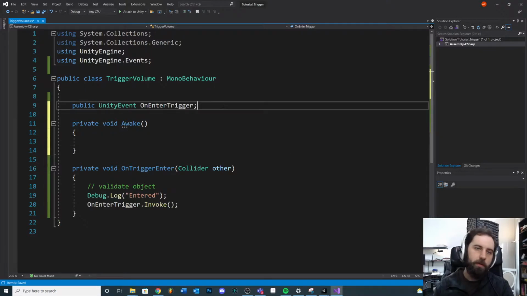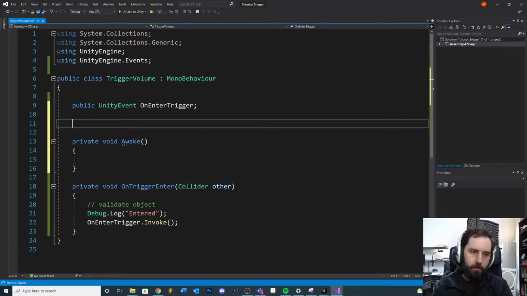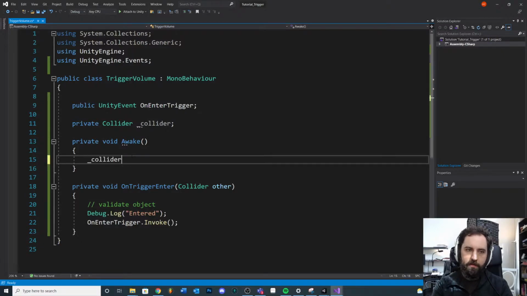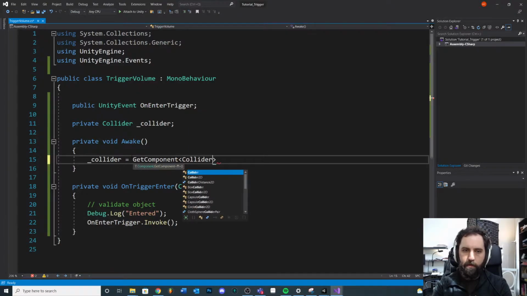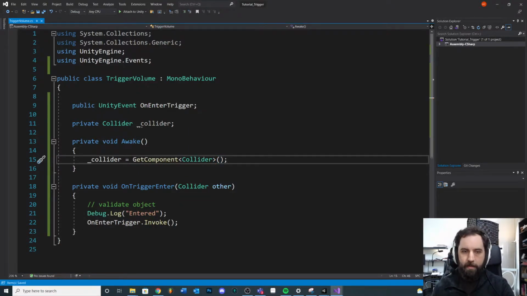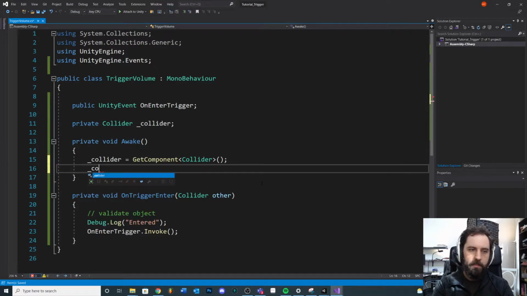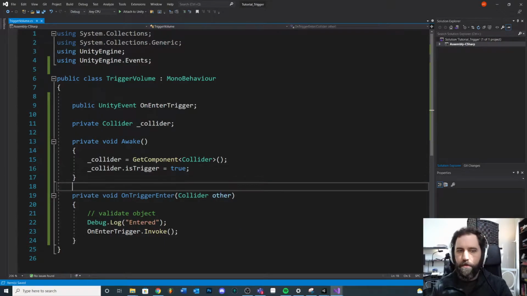So what I'm going to do is a search for our collider here. Let's make a private variable at the top because we want to hold on to this collider and do other things in the code, and we only want to search and find it once. The concept of caching. So we'll search for a type of collider, and then here we're going to say there's nothing in the box. So on Awake, GetComponent, look for a type of collider. Okay, and then also once we find it, second step,